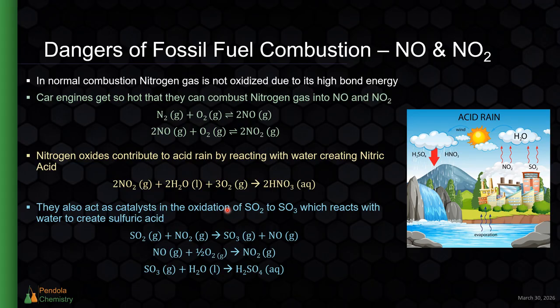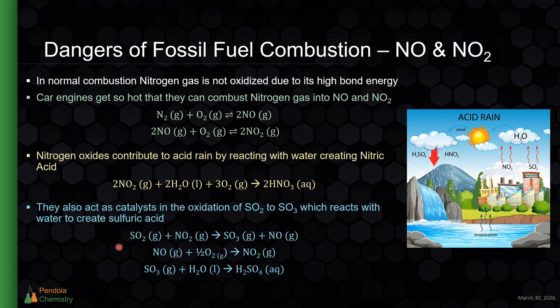The nitrogen dioxides and monoxides can also act as a catalyst in the oxidation of SO2 into SO3, creating sulfuric acid. Sulfur dioxide is also made from the burning of fossil fuels, because some fossil fuels have sulfur in them. Usually they're sulfur contaminants, impurities. When that sulfur is burned in the fossil fuel, it creates sulfur dioxide. Along with the nitrogen dioxide that's created,